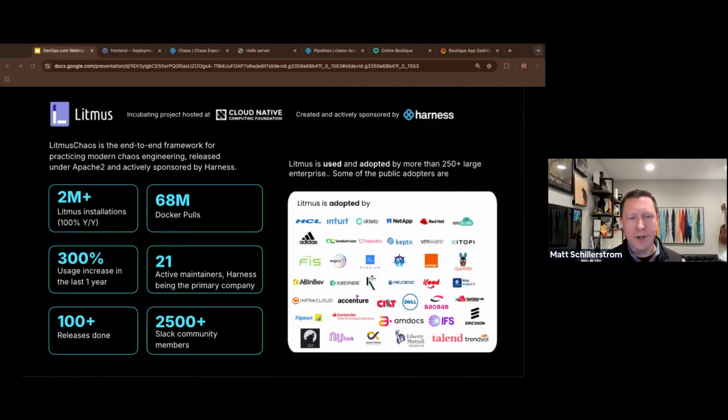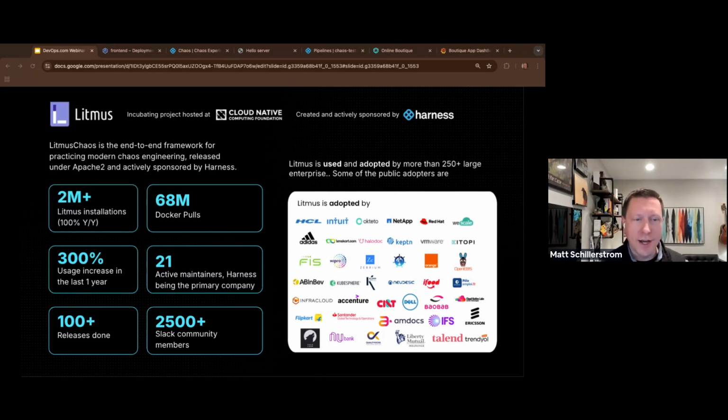And just to let you know, I mentioned Litmus Chaos because I help out with that project, but just a little background on that as well. We donated it to the Cloud Native Compute Foundation, the CNCF, a few years back, and it's an incubating project. We're hoping it can be a graduated project, similar to Kubernetes. Kubernetes is a graduated CNCF project, but today, we have lots of use with Litmus Chaos, lots of stories. It's free, it's open source, and you can go download it today, self-host it, and get up and running with over 50 chaos tests out of the box.